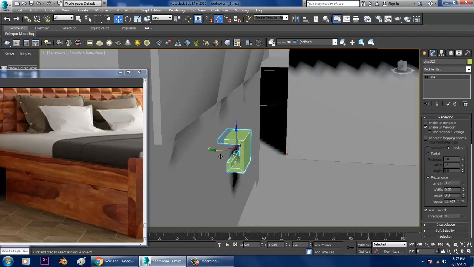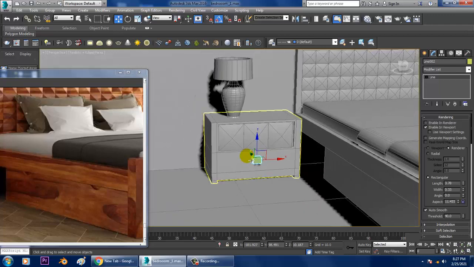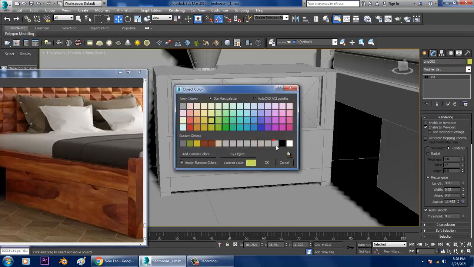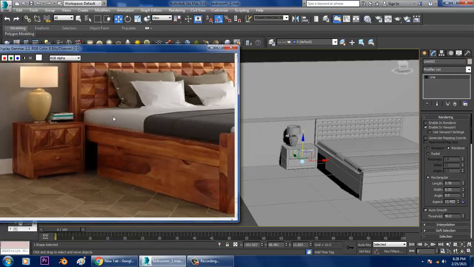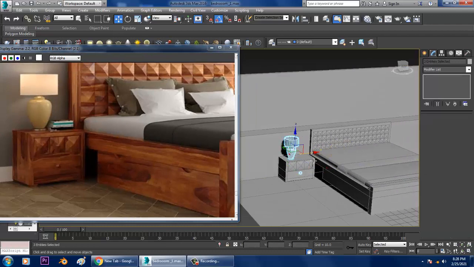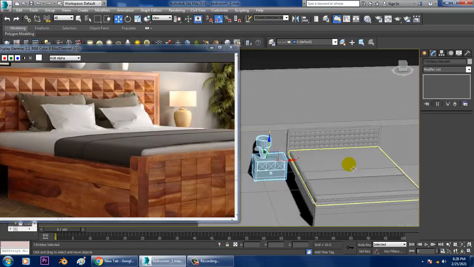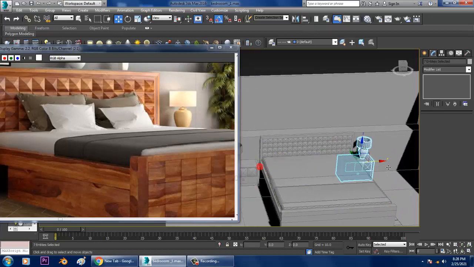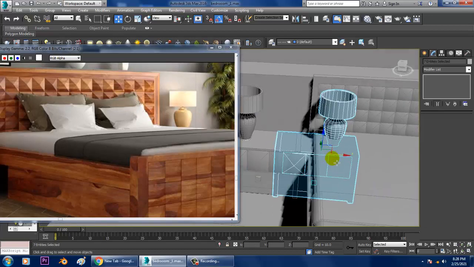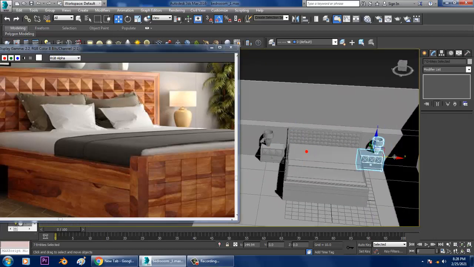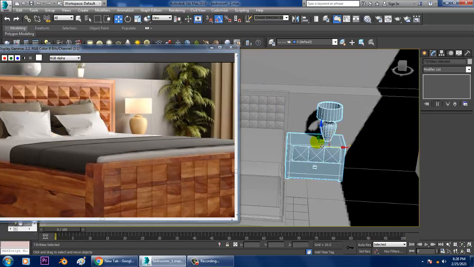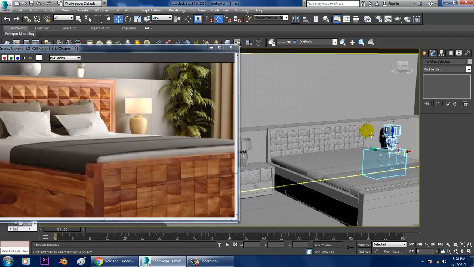I'll slightly push it in this way. Scale it over here. We can select this whole element and let's just mirror it, copy it, and push it over here. Save your file again.